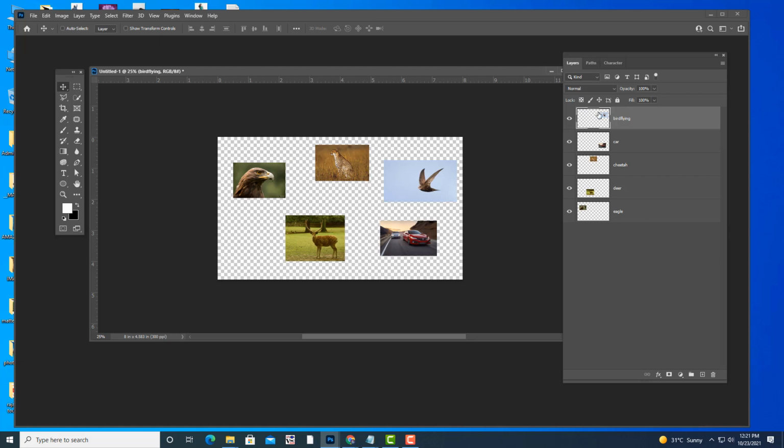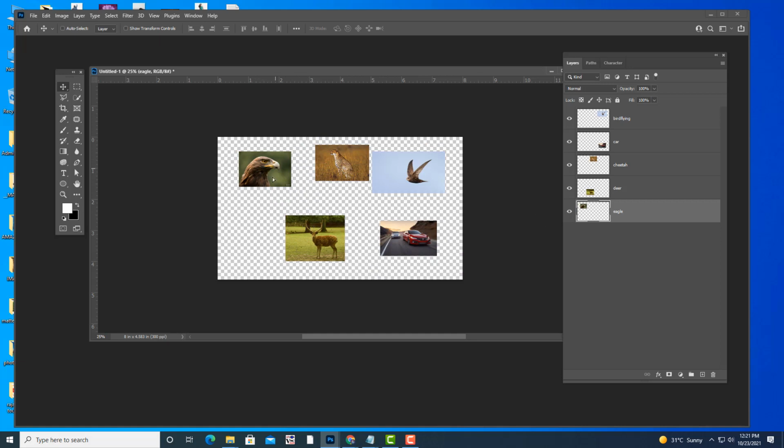This bird flying is the topmost layer, so it appears in front of all images. The bottommost layer, which is the eagle, appears behind all images. So first you have to understand this layer concept.